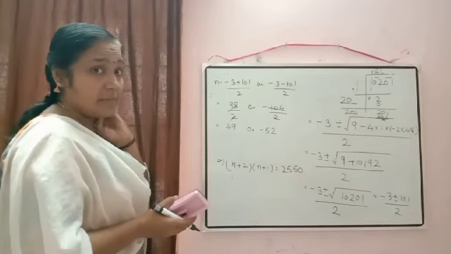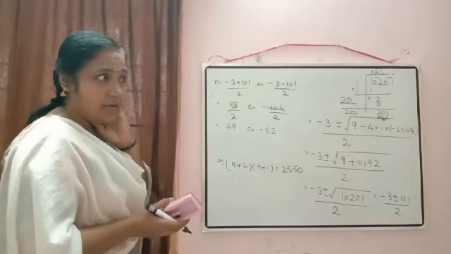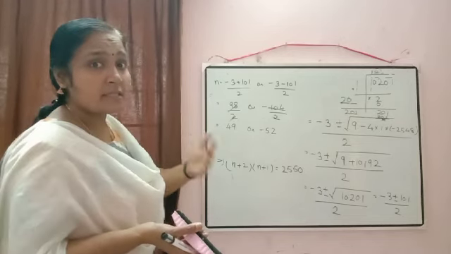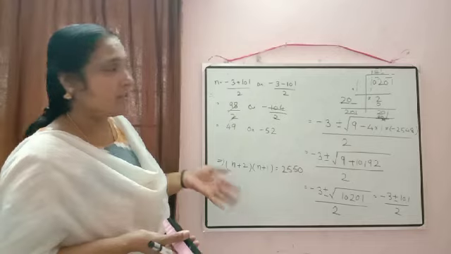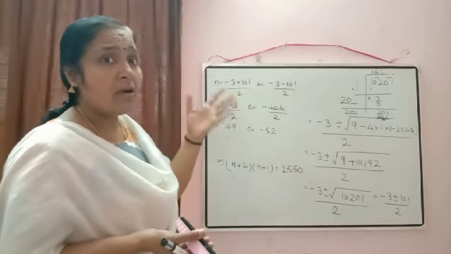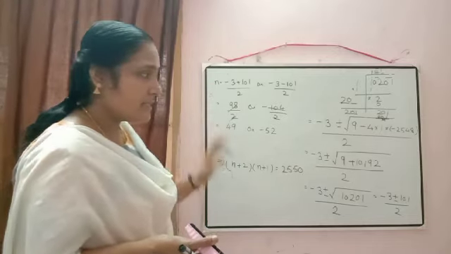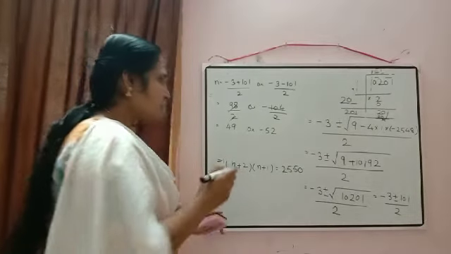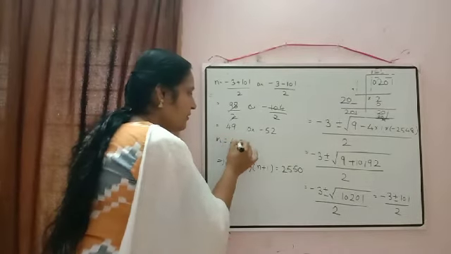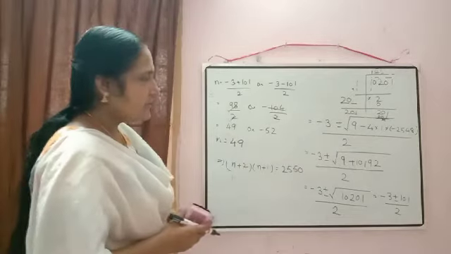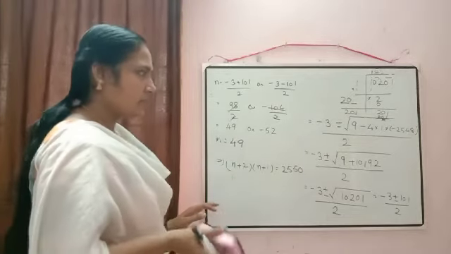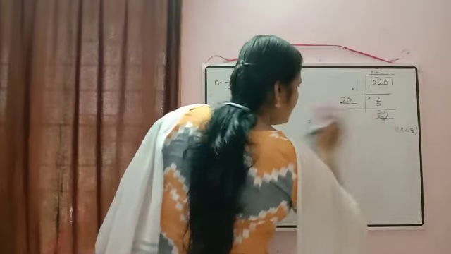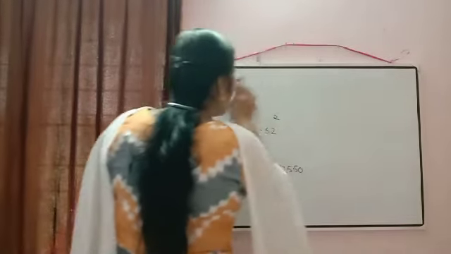Just to check, the concept is related to factorial, and the factorial notation we said there is the product of the first n natural numbers. So negative n will not be possible there. We are using the concept of factorial only for natural numbers here. So we will take n is equal to 49. So this is one method to solve the question. One more method is there, that also I will explain. And then whichever is easy for you, you can use that method.